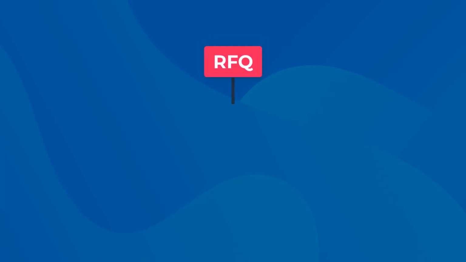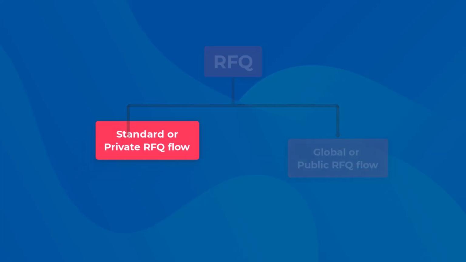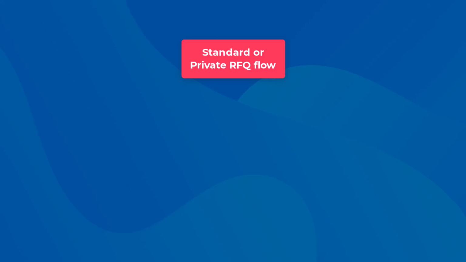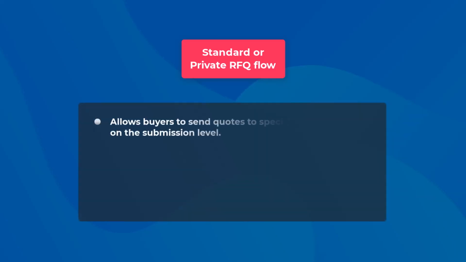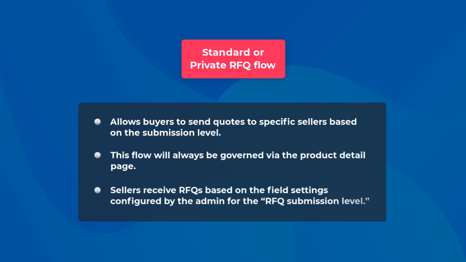The RFQ feature offers two distinct flows to facilitate quote requests. The first is the standard or private RFQ flow, which allows buyers to send quotes to specific sellers based on the submission level. This flow will always be governed via the product detail page. RFQs received by the seller under this flow are subject to the field settings configured by the admin for the